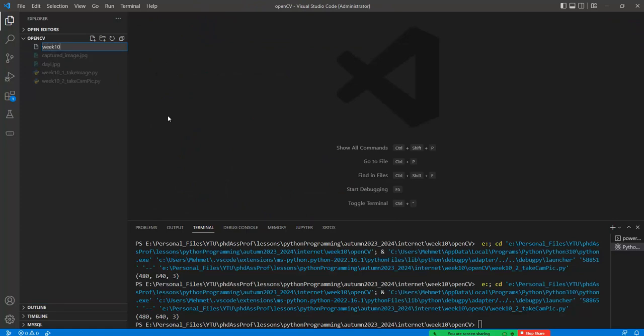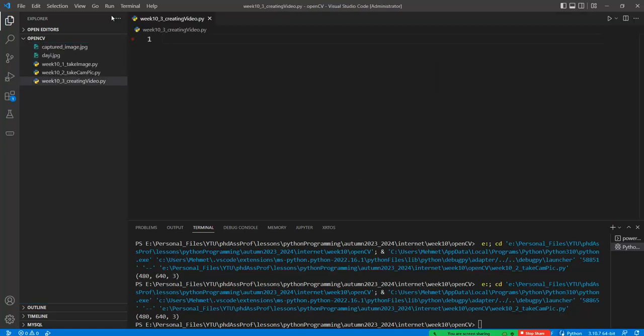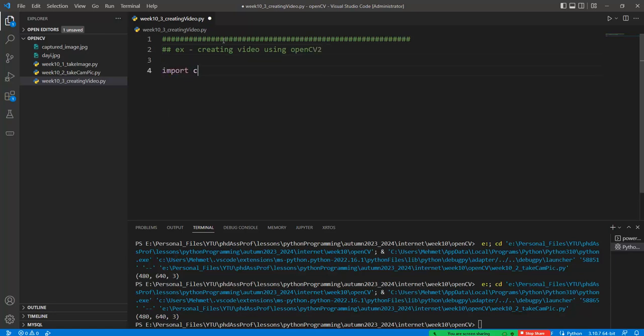In the third case, we should create a video by using the OpenCV library. For creating the video, we will use the same notation here. Firstly, we should give the head title here, like this one, "Creating video using OpenCV2." And firstly we need to import cv2, like this one,